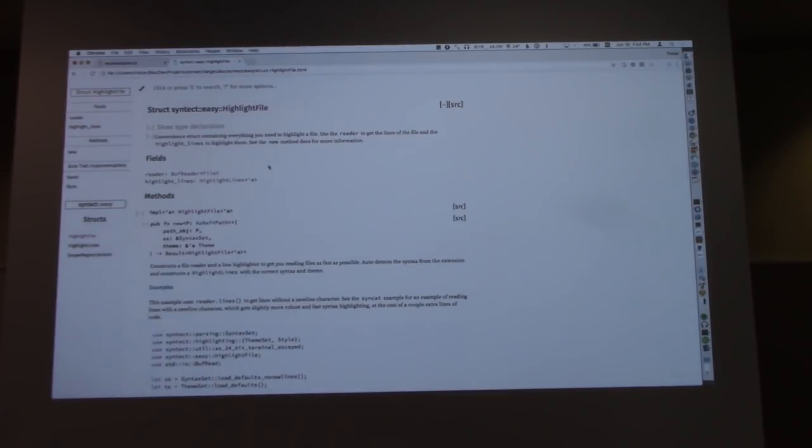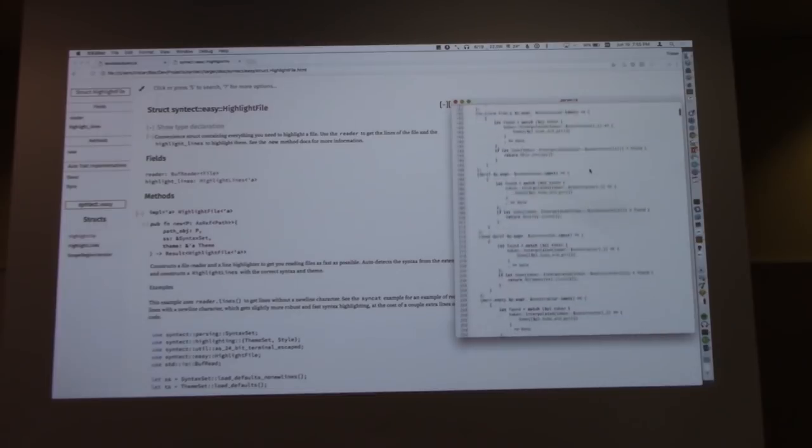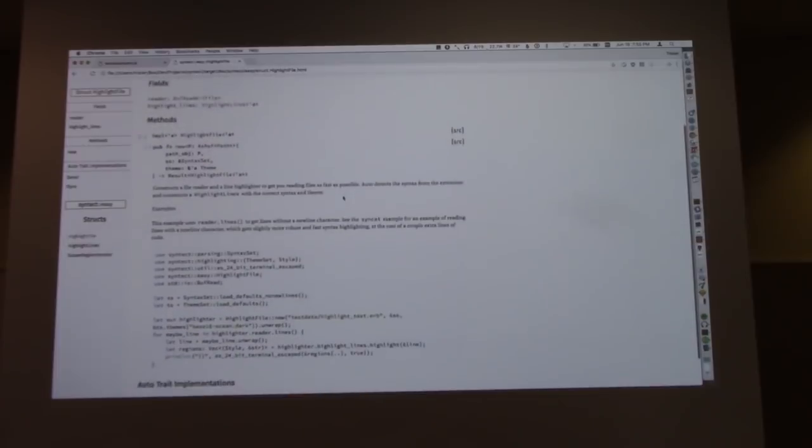I made it so that the API is very powerful for text editors that want to go super fast. So here's the example of Xi. It's one of the text editors that uses Rust for syntax. It also uses Rust. But